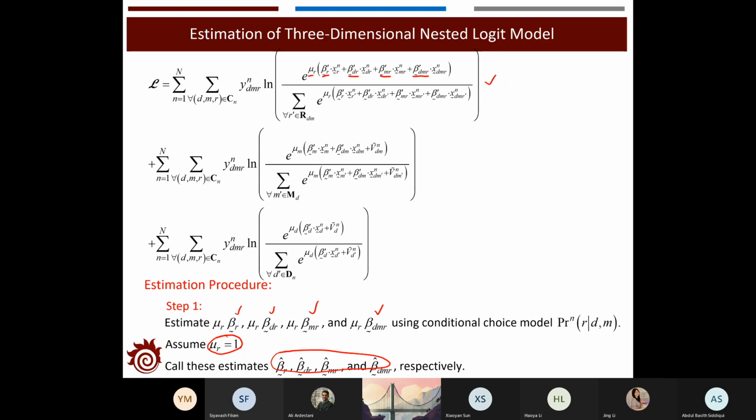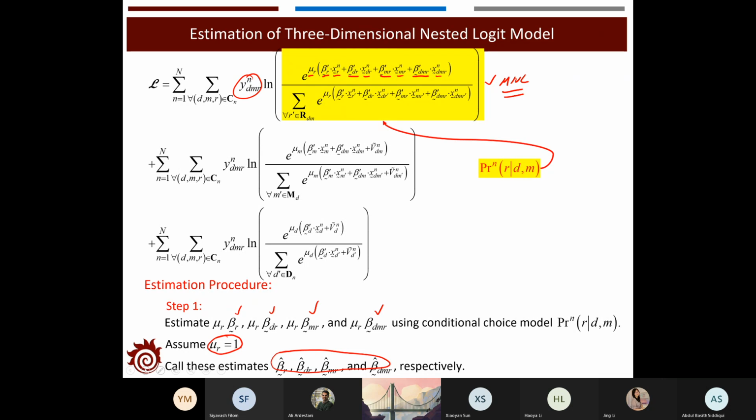in this statement. In this estimation, all the variables are known. All the variables can be obtained from the samples. We know the values of XR, XDR, XMR, and XDMR. We also know the values of YDMR as the selections of the individuals. So we can calibrate this just like what we do for the multinomial logit model, with the same calibration method. Once we finish that,